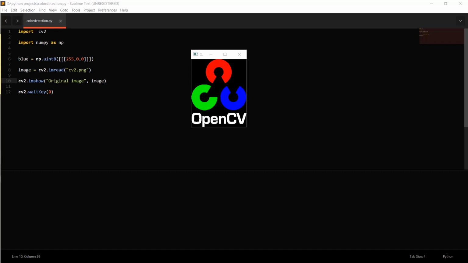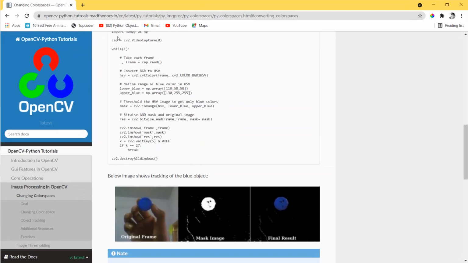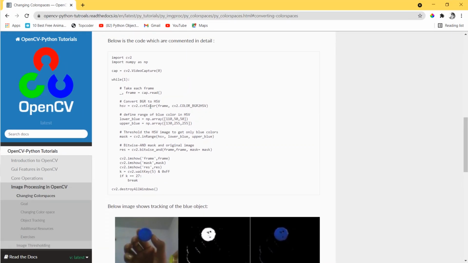As you will see in the official documentation page, they've predefined the lower range values and upper range values of blue. So how do you know that these values are the lower values and these are the upper values? Here we can use a technique to find out these lower and upper values. Okay, let me close this.